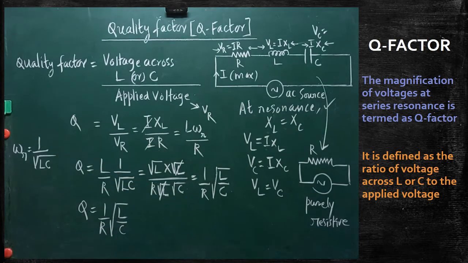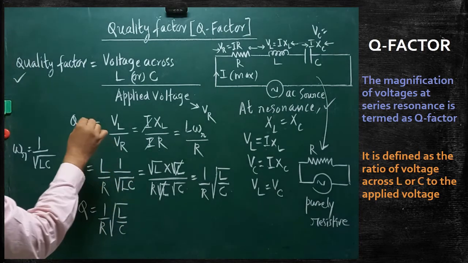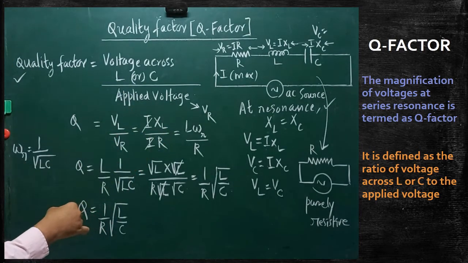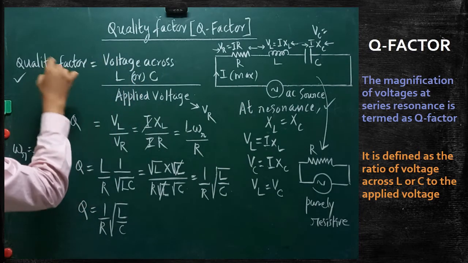Now in the textbook, when the last sentence is given, you have to understand the sentence. I will read the sentence which is given. The physical meaning is that quality factor Q indicates the number of times the voltage across L or C is greater than the applied voltage at resonance. So this is a very important sentence that must be clearly understood. By using this particular expression, I will write it, you have to understand. Here, how many times is it greater? Voltage across L or C is how many times greater? Q times it is greater.